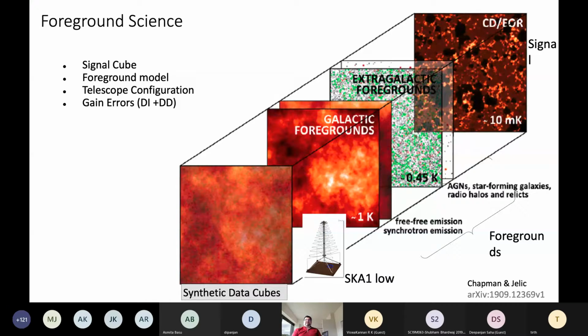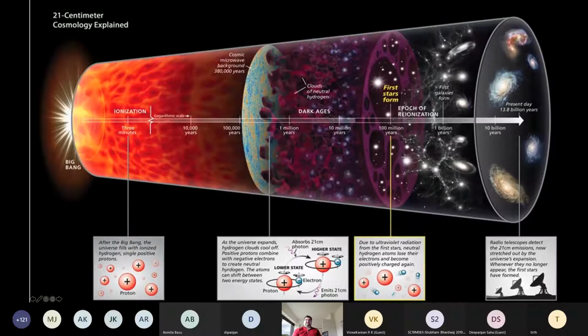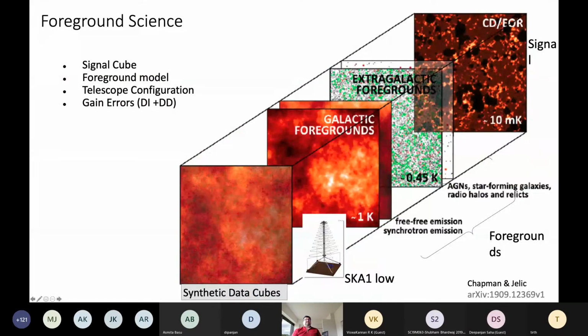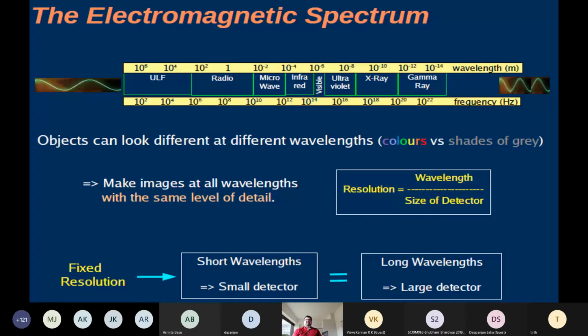So essentially, if you're interested in looking at HI science from the high redshift, you have to get rid of all these foregrounds, and that's the challenge which we'll come to in the later part of my talk. I tried to motivate it with a few science cases: why should you do radio astronomy, and why this kind of highly sensitive observation with either our upgraded GMRT or in future the SKA, the Square Kilometre Array.